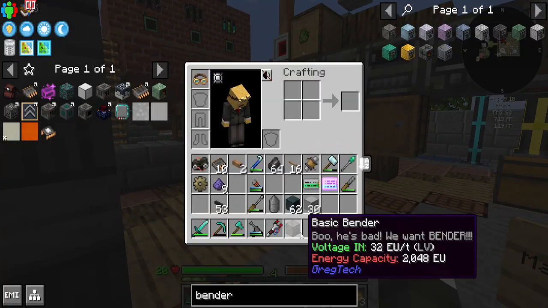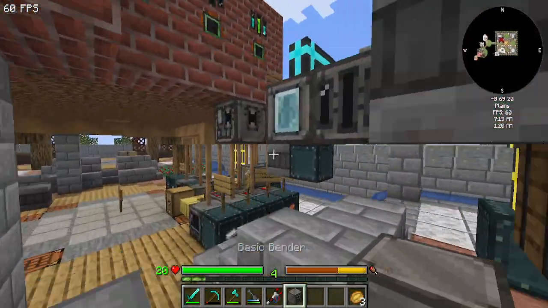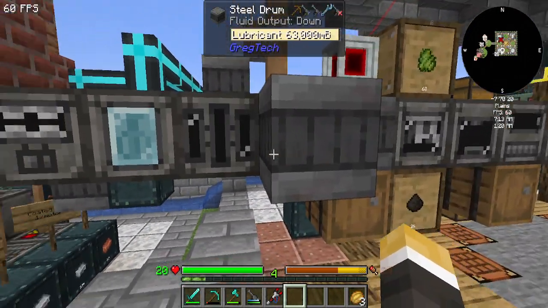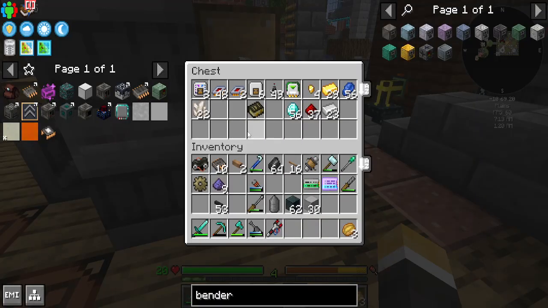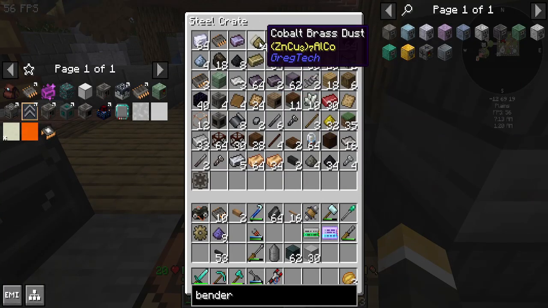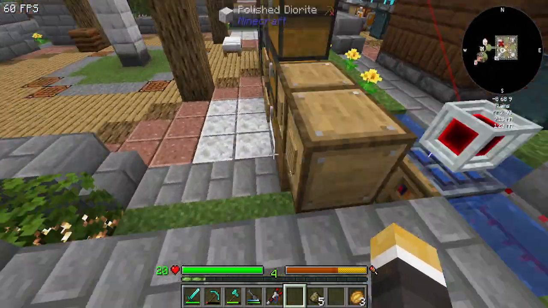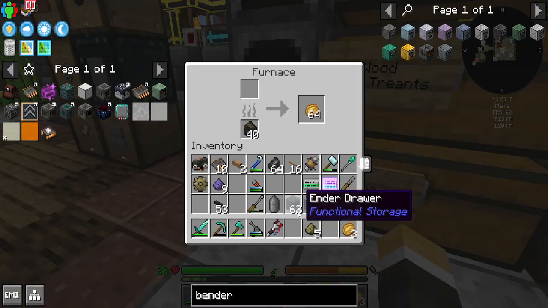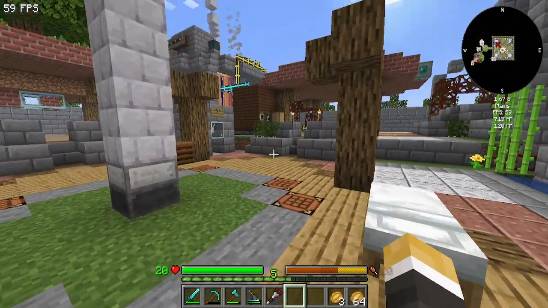Okay, so bender. We want bender. Okay, you're gonna go over there now. That's fine. And I guess I gotta smelt this. Might as well smelt all of it, because I think I've got one more in there. Yeah, here, we'll smelt you. And while we're going to go get some more potatoes...